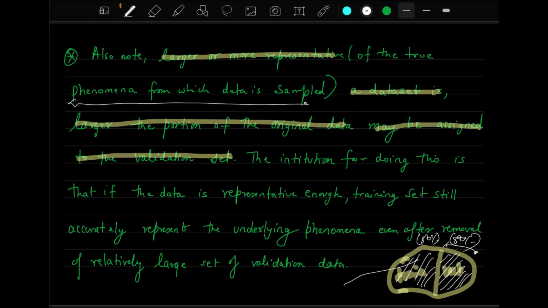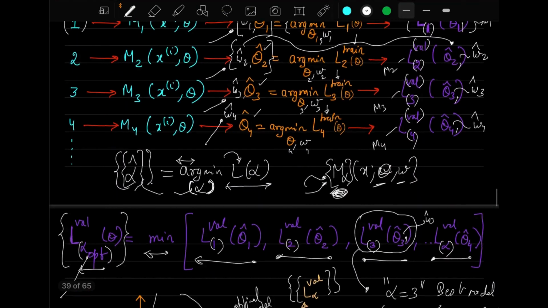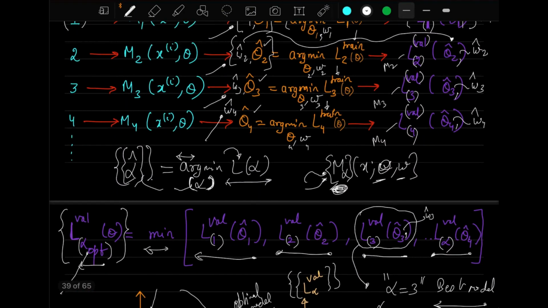We will plot those points and discuss those curves also, when we plot the training and validation loss based on the size of the data set. As the size of the data set increases gradually, we will see those plots where the validation and training values will change. We will discuss all these points.